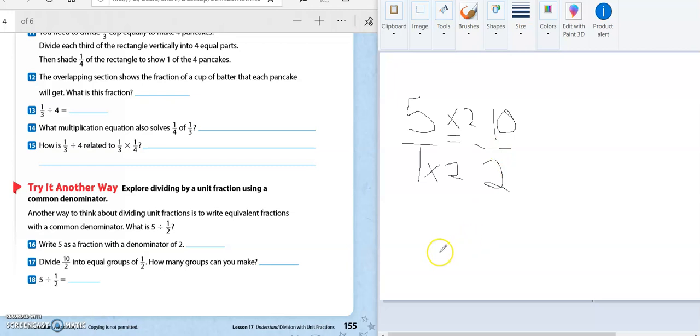Number 17, it says divide 10 over 2 into equal groups of 1/2, and how many can you make? So 10 over 2